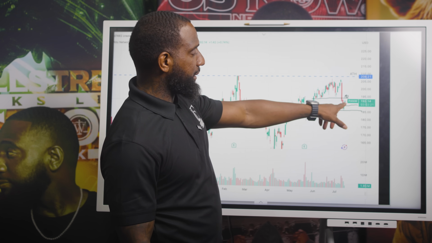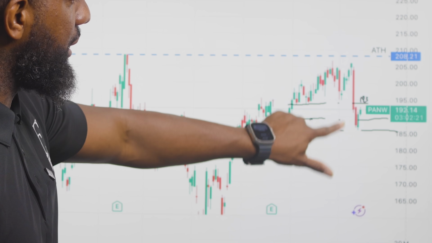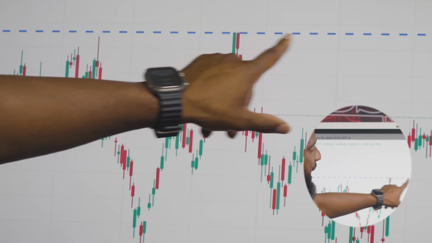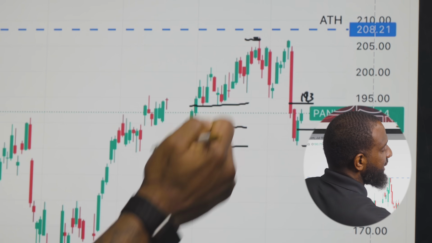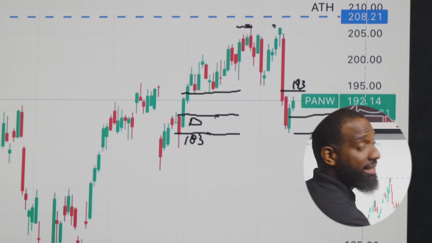So currently right now the stock is at 192. Now you see me have a couple of little black lines right here. What we saw was it was at 208 right here, all-time high. And then it got real close to it right here on this candle where it hit 206. And then it dropped down, got close in that area again, hit 206. And then we got a big sell-off.